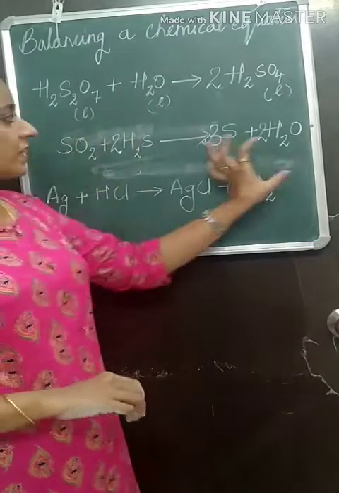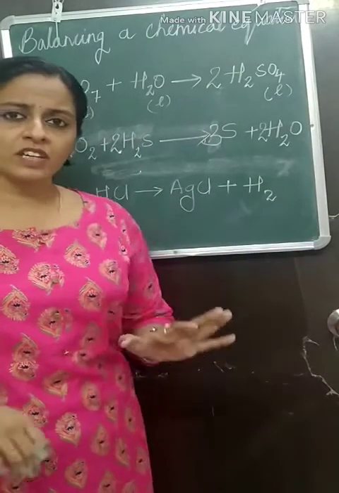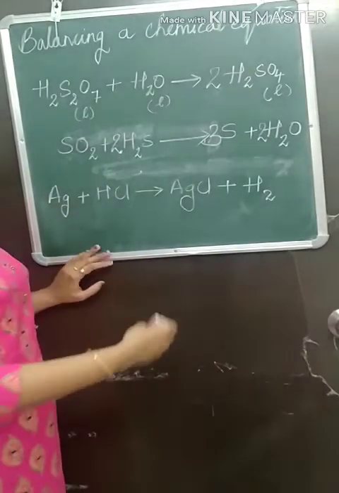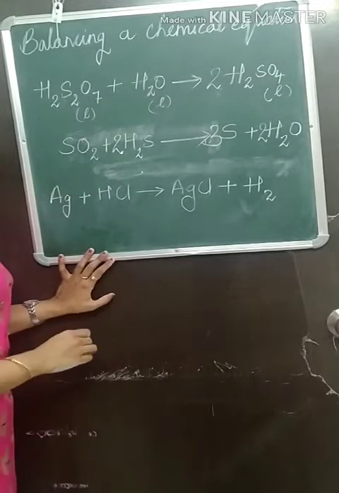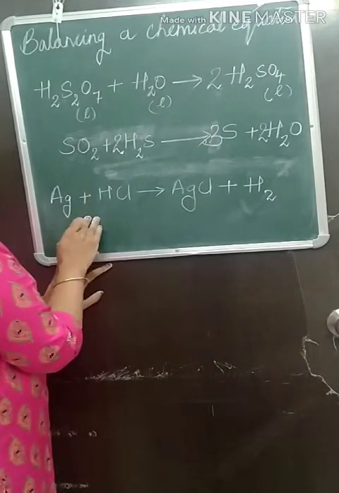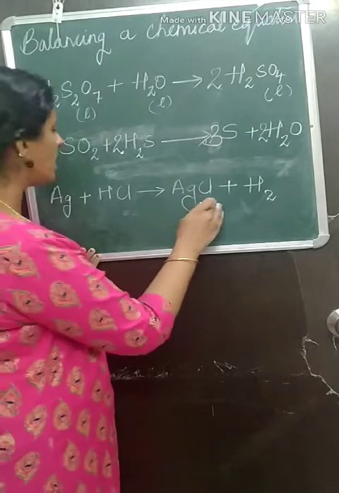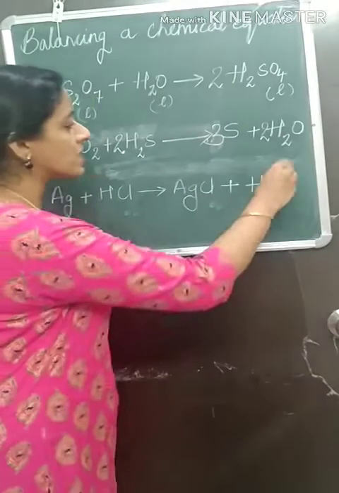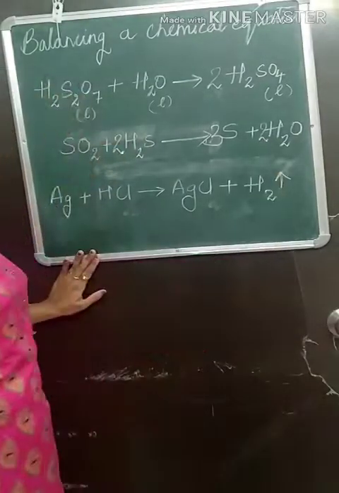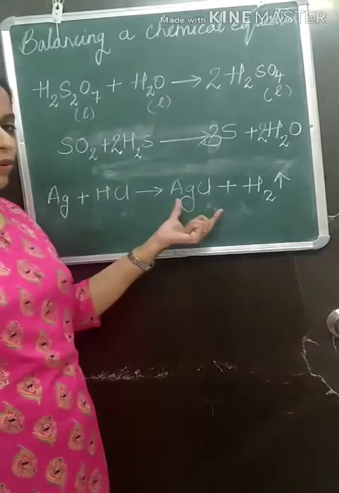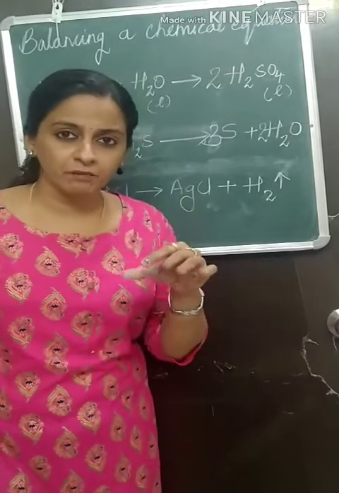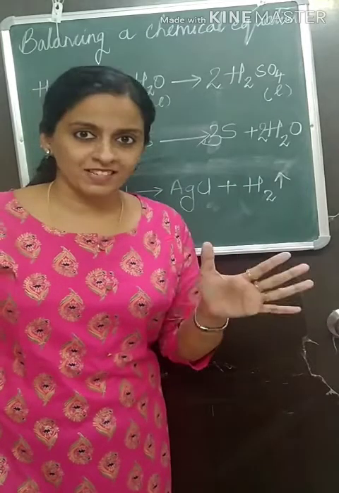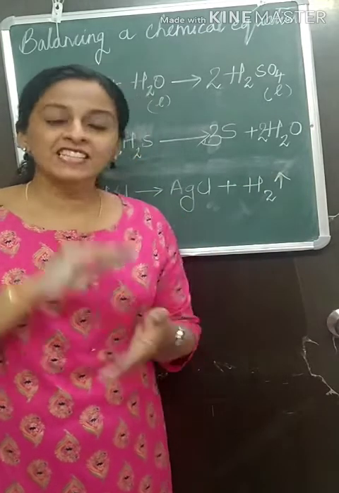Now you have to specify the states. Now in the question, if it is not specified, you need not write, but it is always better to write the states. Okay. Now here, the next reaction we'll talk about, Ag, silver plus hydrochloric acid gives silver chloride and H2. Now here H2 is a gas, so it is ideal to show an arrow mark, and silver chloride is a precipitate. Precipitate means it is a substance that will not dissolve in water. It is not aqueous. Aqueous means copper sulfate. It dissolved in water,